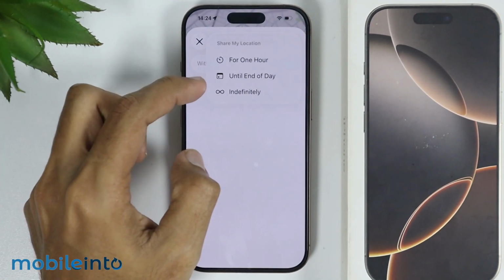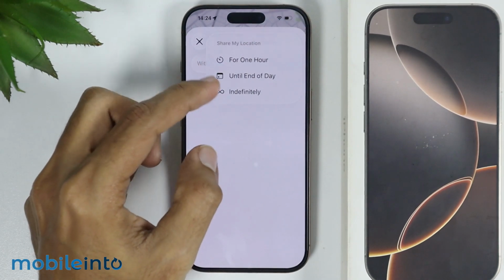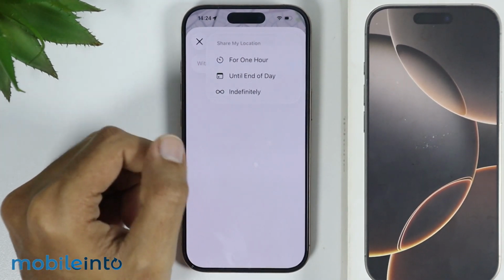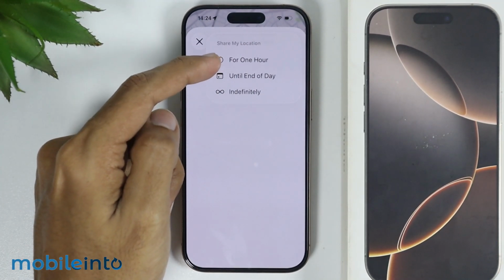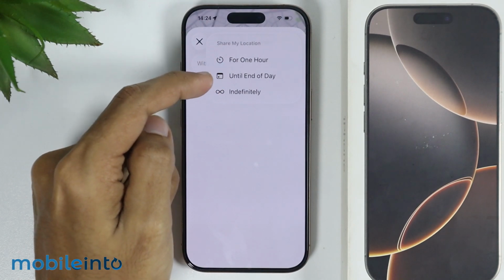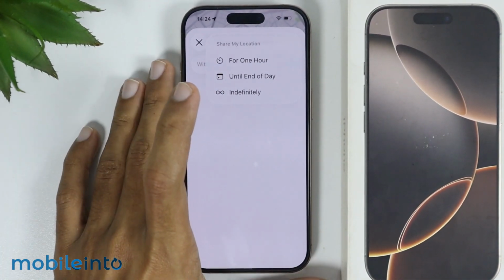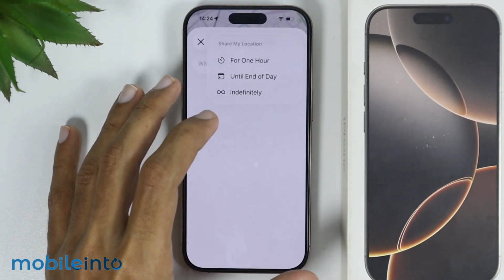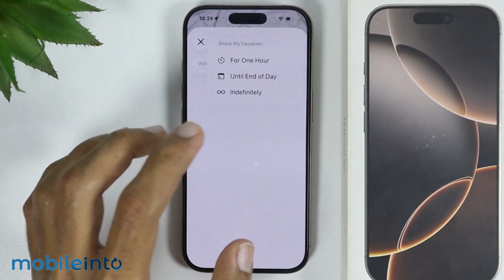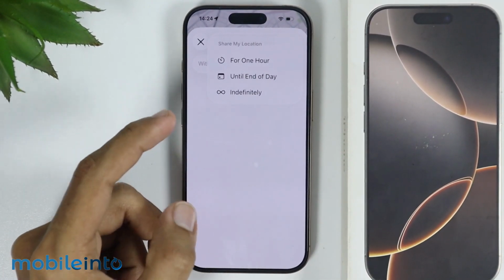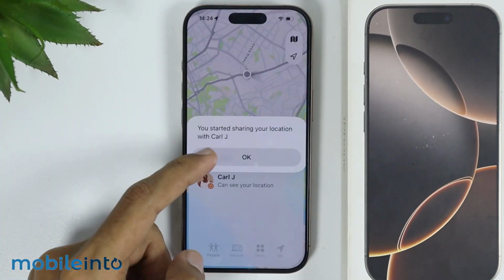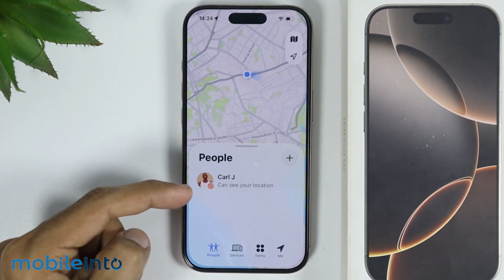And from this pop-up menu, just select the time duration for which you want to share your location with the selected contact. As you can see, you have the option for 1 hour, until the end of the day, and indefinitely. And if you select indefinitely, you will always share your location unless you disable it later from here. For an example, I will select for 1 hour, and after you do that, you will start sharing your location